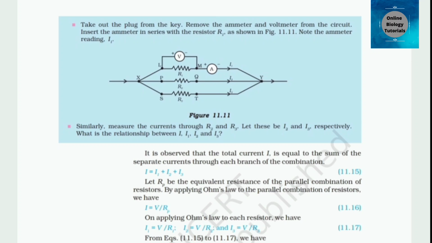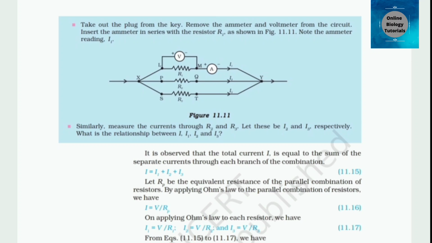It is observed that the total current I is equal to the sum of the separate currents through each branch of the combination. I equals I1 plus I2 plus I3. (11.15) Let Rp be the equivalent resistance of the parallel combination of resistors. By applying Ohm's law to the parallel combination of resistors, we have I equals V by Rp. (11.16)